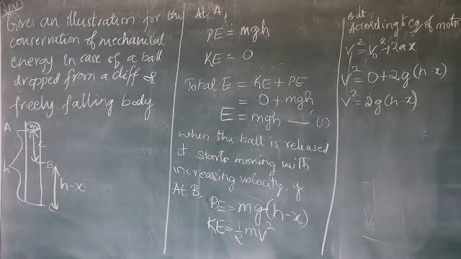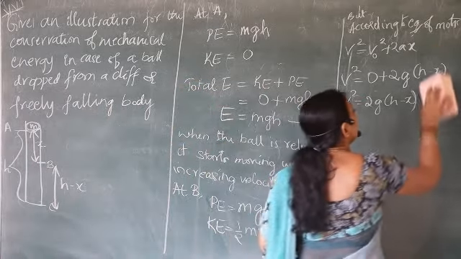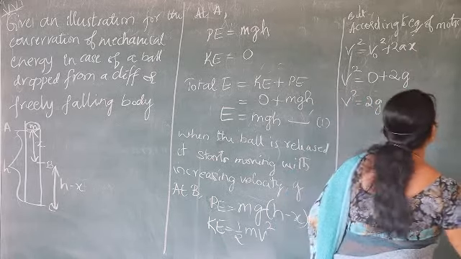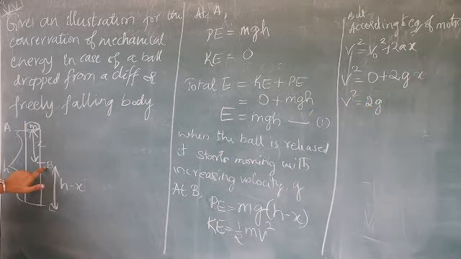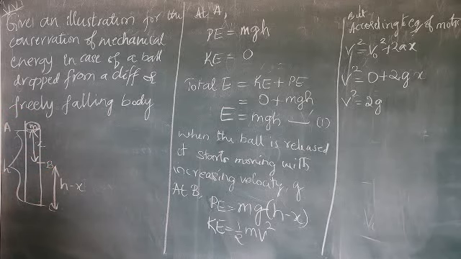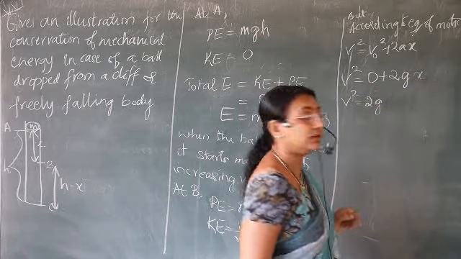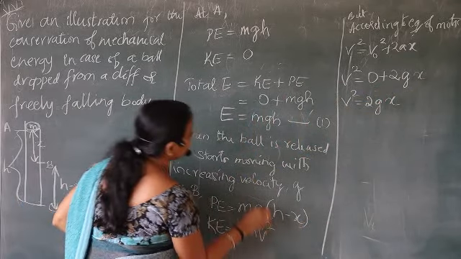One doubt I can clear here: when we speak from here, we cannot write it as h minus x. What we write is the height directly as x. We all make this mistake, that we always consider this height when we write about B. That we should not consider. When we speak from the point A to this point, the height we have to see is x. That is why we wrote x here. Understood? So, we can write v square is equal to 2gx. Let us mark this equation as A.